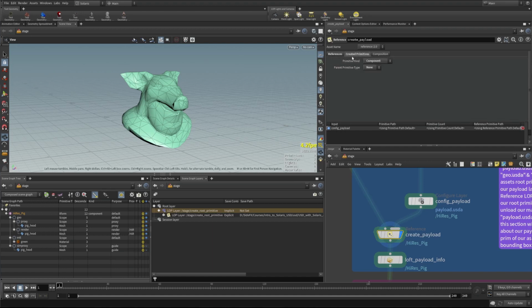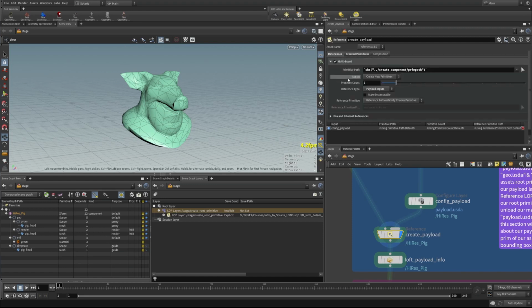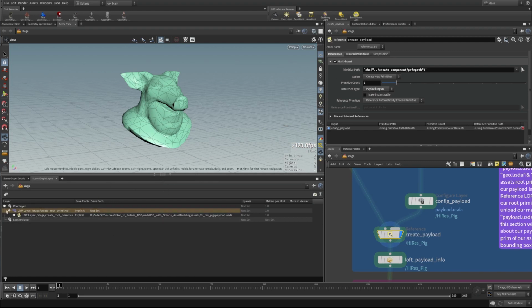And then under our created primitives here, we're just going to make sure that they're set up to be component and the parent primitive type is none. So now we should be good. Let's take a look at what this does to our scene graph layers as well. We now have our geo.usda, material.usda being loaded into our payload.usda, and that is being payloaded to this top layer, which has not had